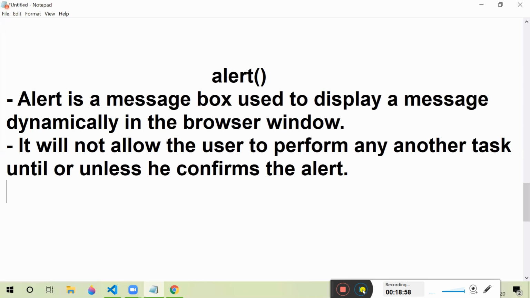That means many times what happens is I want to show a warning. I want to show a message in the page. But what happens is